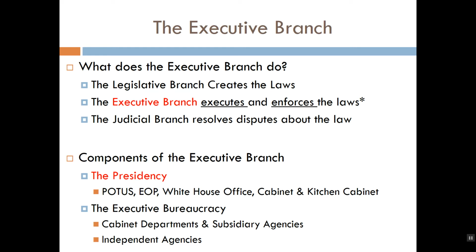To understand how the bureaucracy is organized, you need to understand that it is broken first and foremost into 15 cabinet departments. A cabinet department is one of the 15 major departments of the executive bureaucracy that reports directly to the president and encompasses a large number of subsidiary agencies. These subsidiary agencies, in turn, are federal agencies that operate inside the umbrella of a broader cabinet department. So, for example,